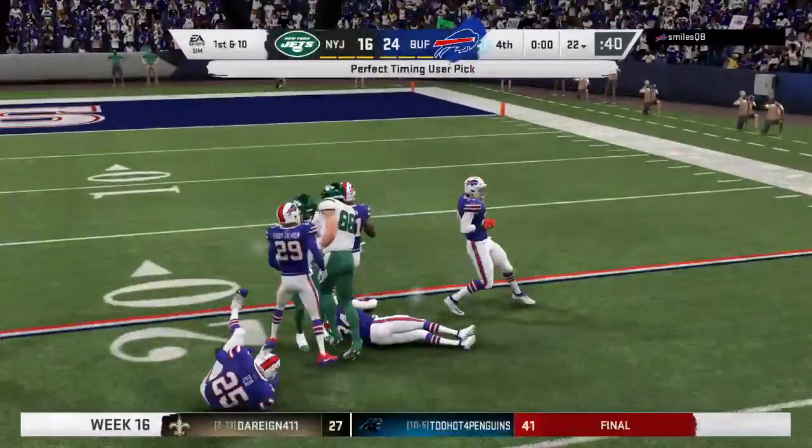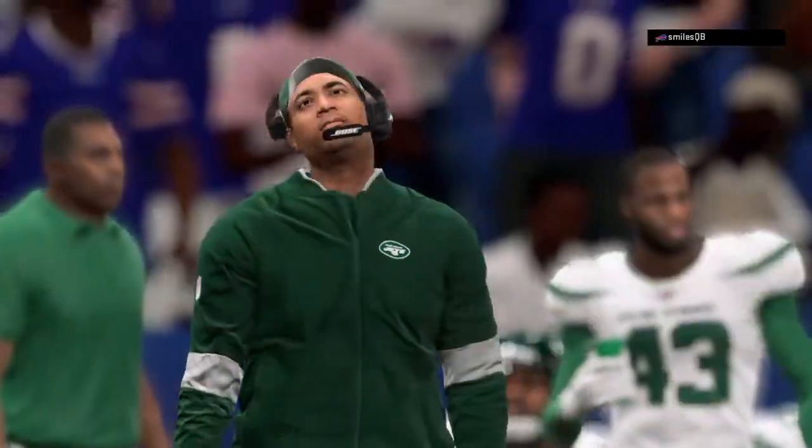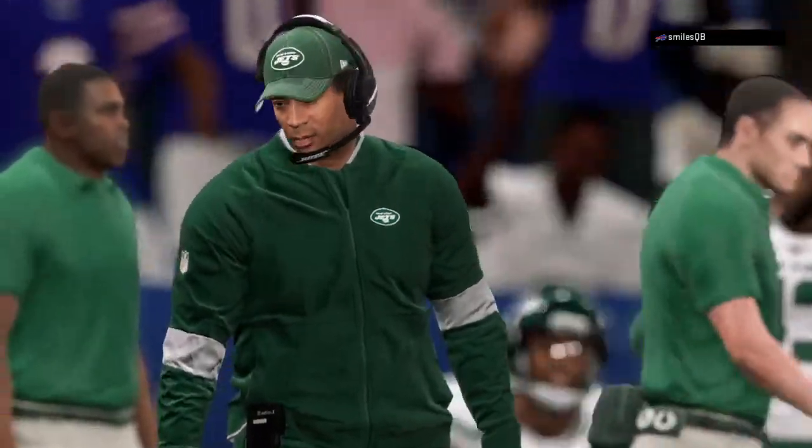A crusher there as it's intercepted. Picked up by Rocky Sin. Well, we were on hand for a fun and entertaining game here, coming down really to